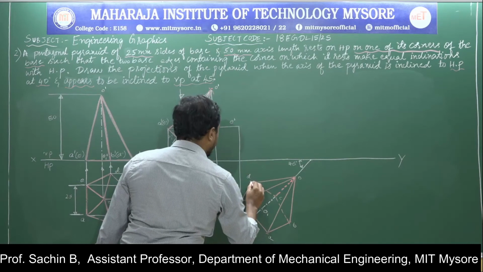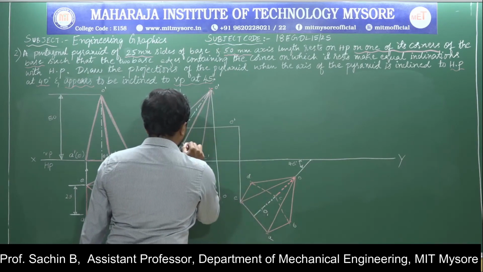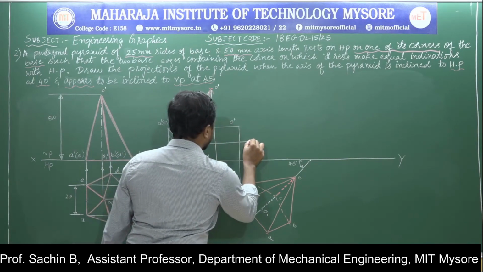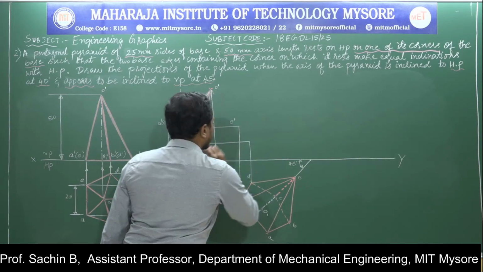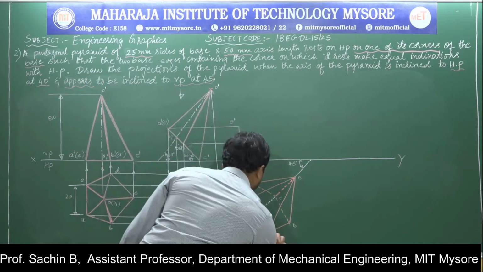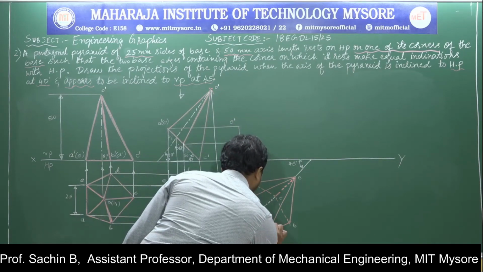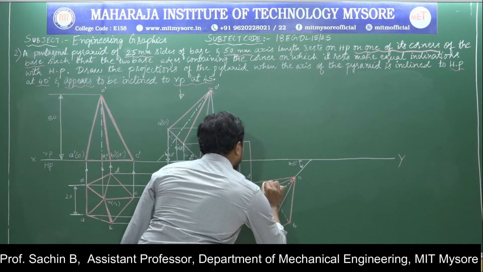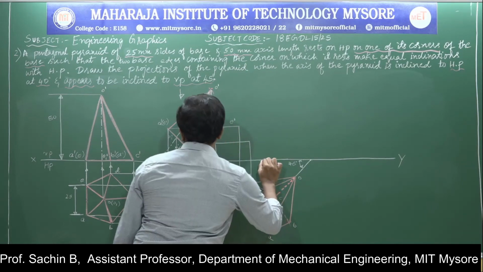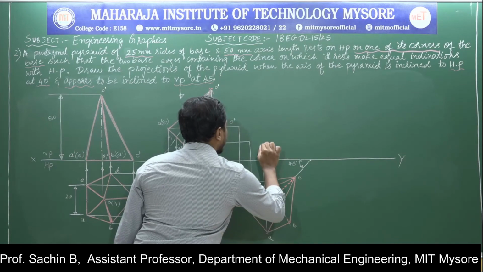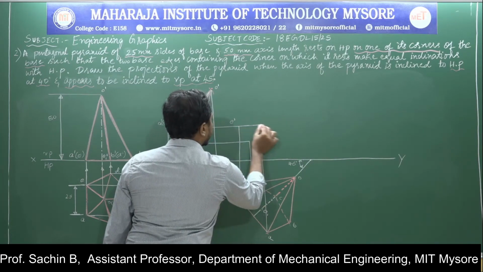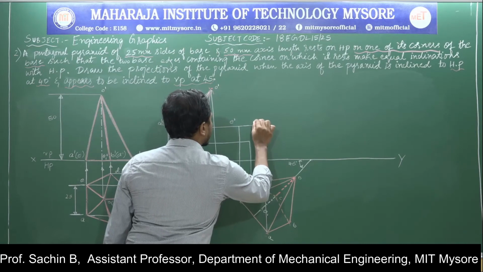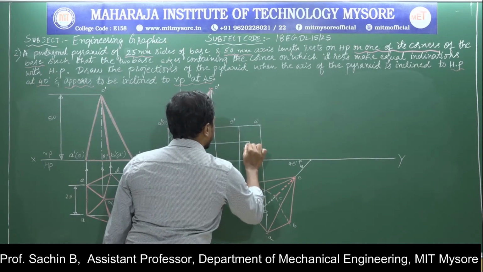This is my E dash point. Again I will draw one more line from B dash and D dash. Again from D point I am connecting here. Again I'll go to A point. I am drawing the projection line. I am extending till E dash. If I extend the same line, that is going to connect here. This is my A dash point. This is my D dash point.